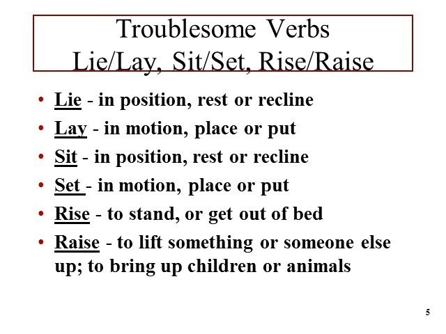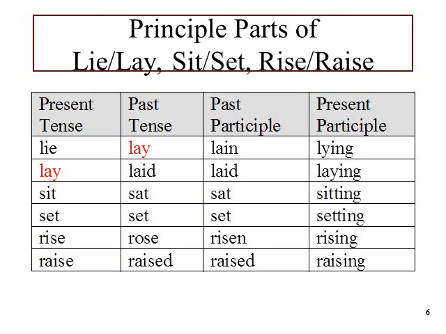Do you remember our principal parts? Do you remember when we talked about the present versus the past participle versus the present participle? This table should look familiar. And here's where things get tricky. The present tense of lie is lie. Its past tense is lay. The past participle, which will always use a helper, is a word you've probably never even heard called lain, and its present participle is lying.